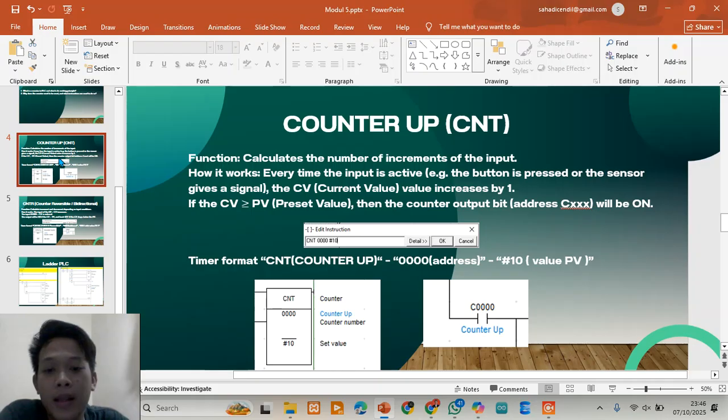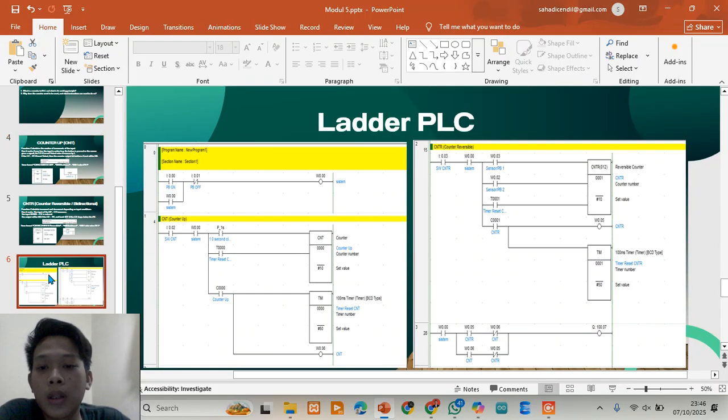In this ladder logic example, in rung 1, input 000 goes to CNT 000 for the address, with a value of 10. In rung 2, output C000 goes to the lamp output.